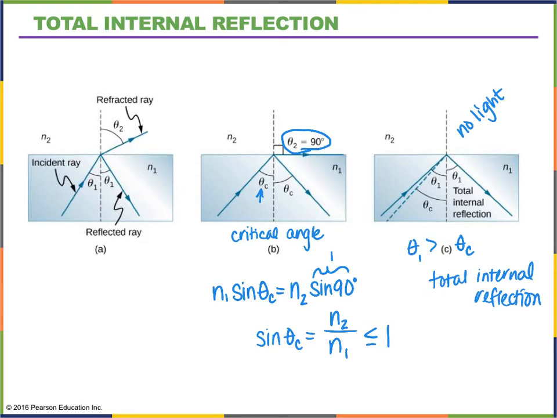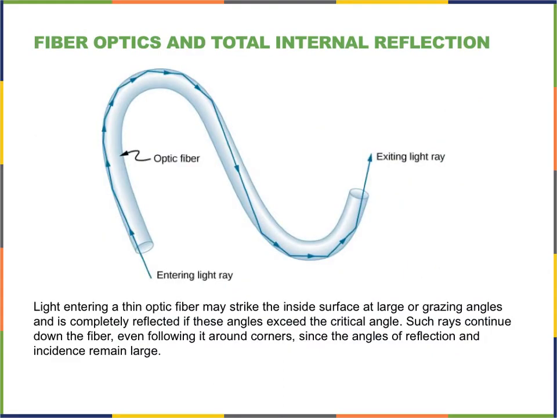And so this means that n2 must be smaller than n1 in order for us to have total internal reflection. Total internal reflection doesn't just make cool optical illusions or cool pictures, it's also used in fiber optics, where we send the information in the